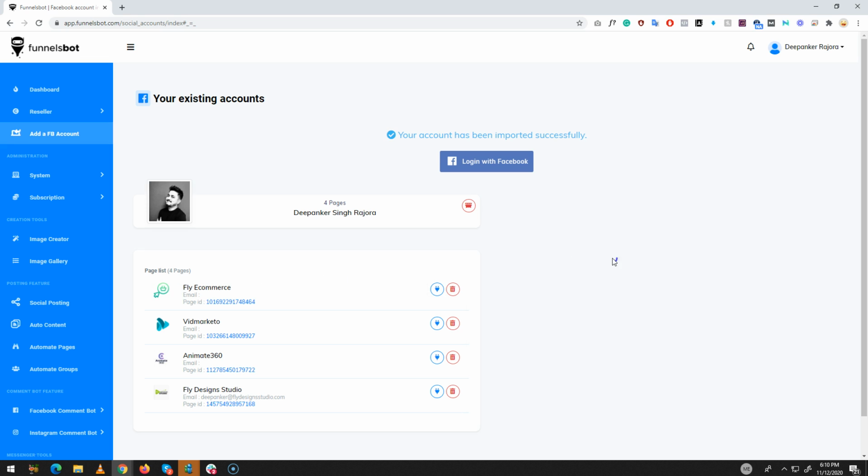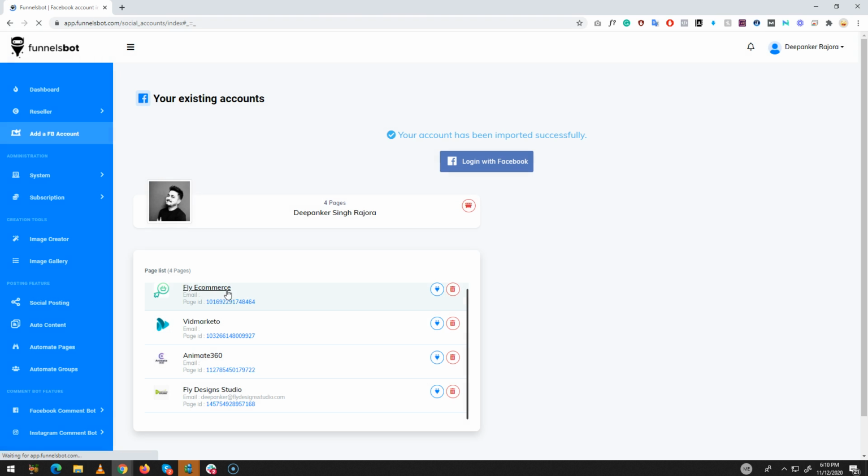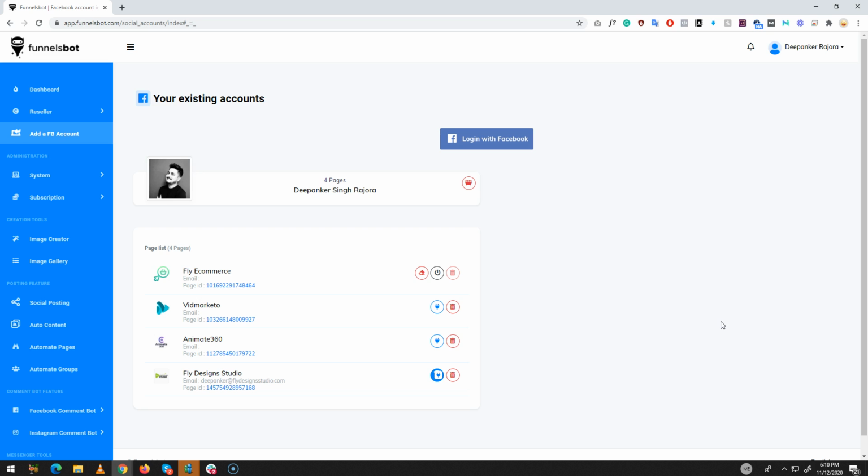If you want to use any page for your automation marketing on Facebook, you just enable this, and then this page is connected. I can also connect this other page, Flight Studio. All right, so now we have connected the Facebook account and the pages.